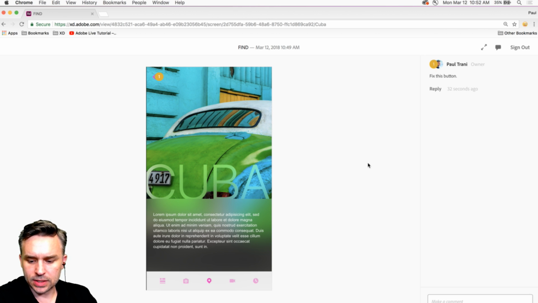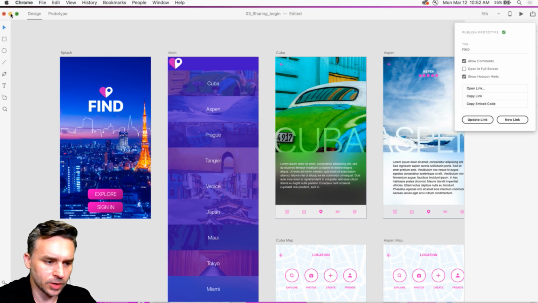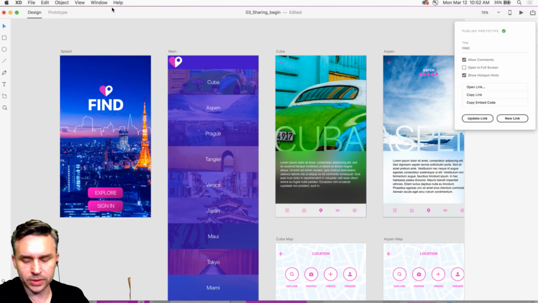Cool. Okay, Steven asks if it's just for prototyping or can you actually make an app from this? It is just for prototyping. So, yeah, if your next step, you've solved all the issues that you needed to solve,